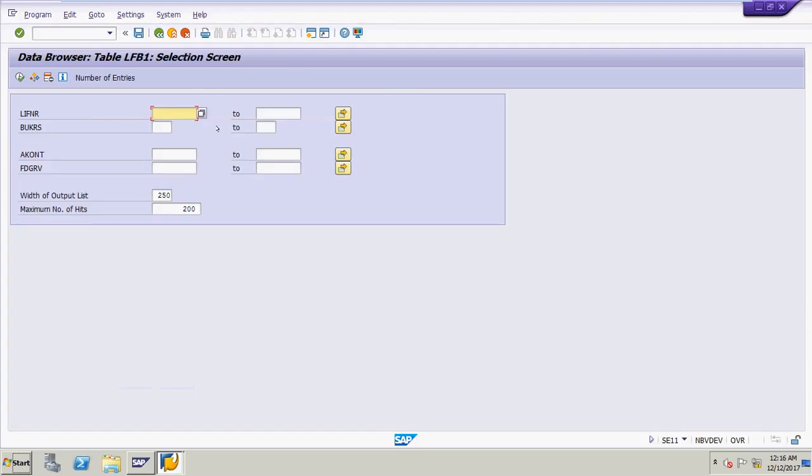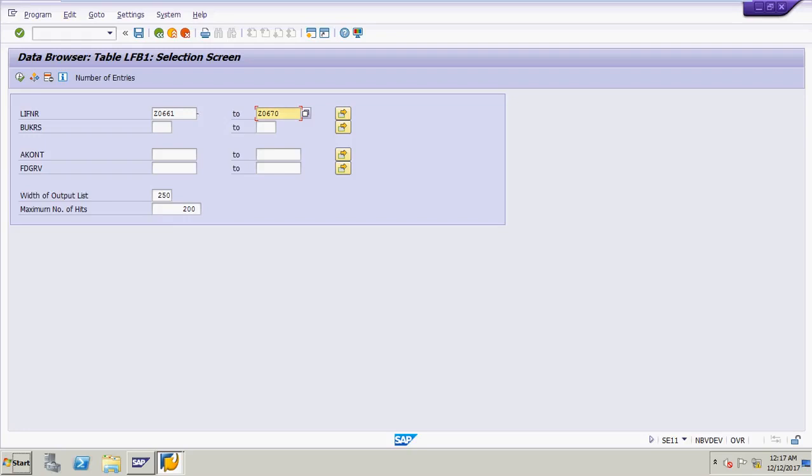Now you will give the value Z0661 to Z0670.